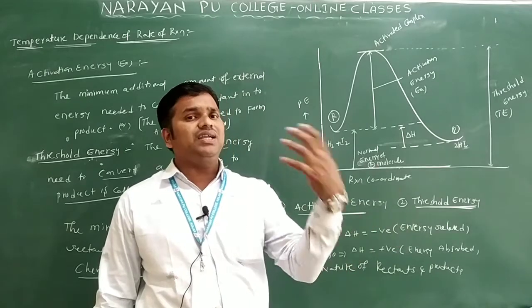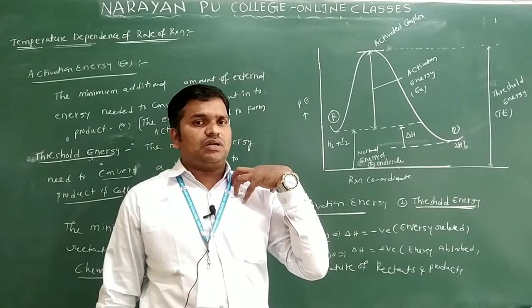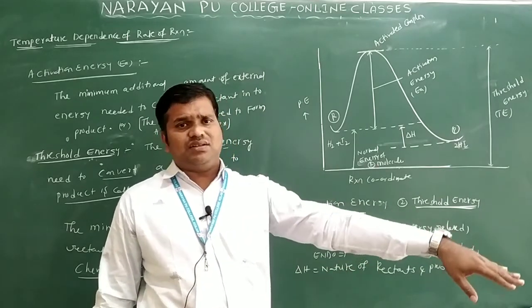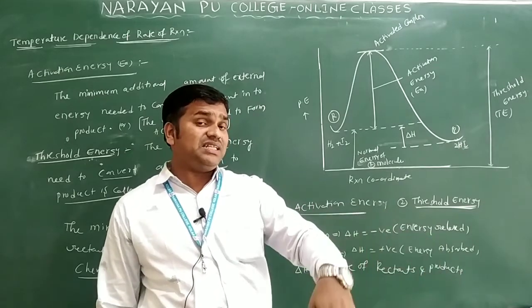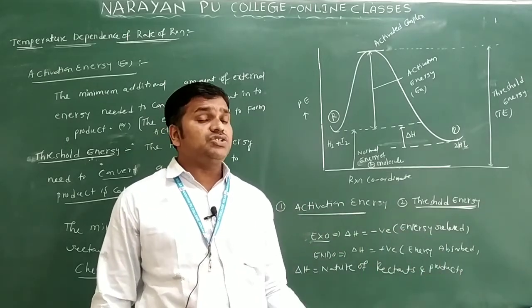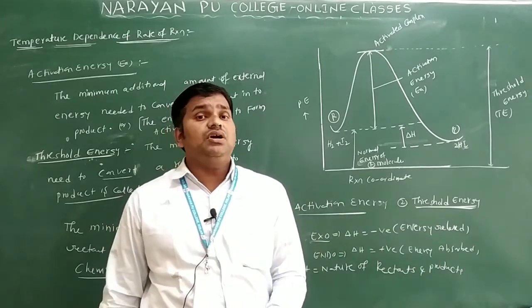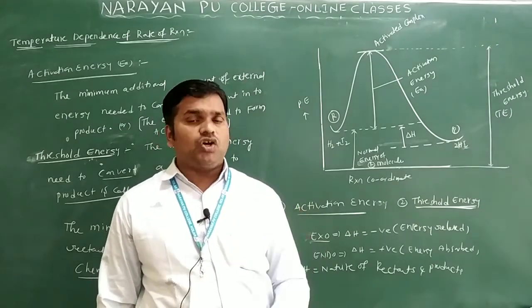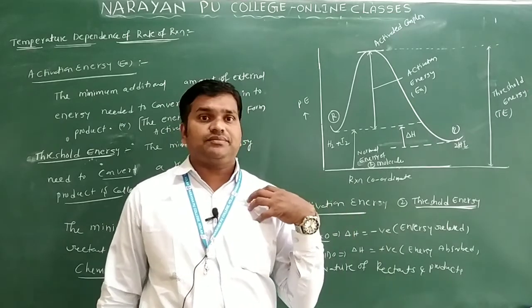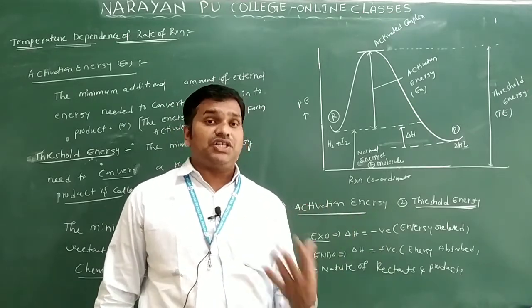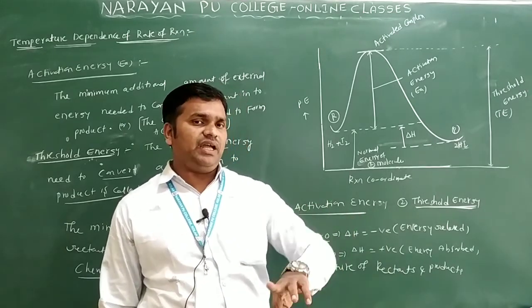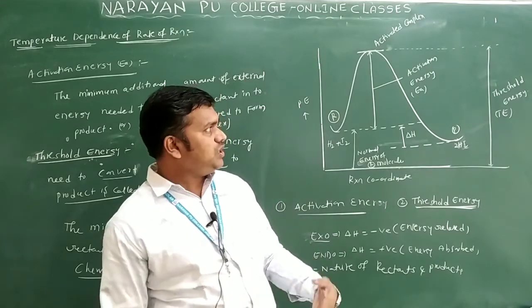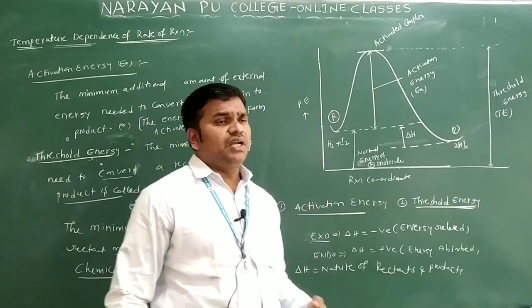If you are not taking external energy, then what happens here? Your energy levels will decrease, or not? So there your energy levels will decrease. So there is no chance to get the prize in the competition. So the additional amount you are taking from the outside is called activation energy, and the energy you already have is called what? Threshold energy. Okay, so this can be differentiated easily, threshold energy and what? Activation energy. Very important here.